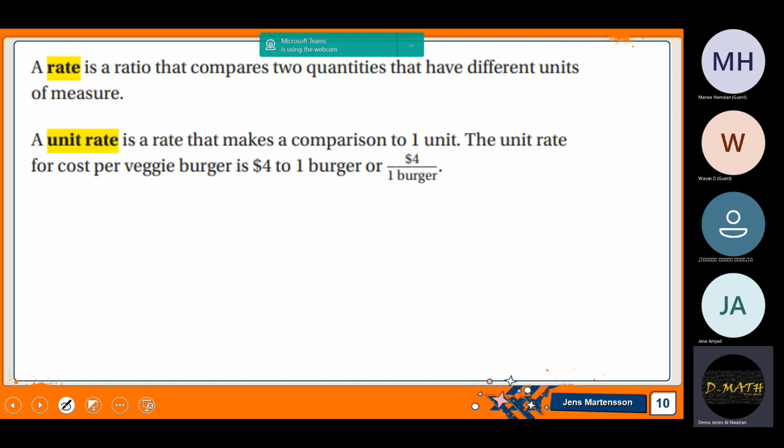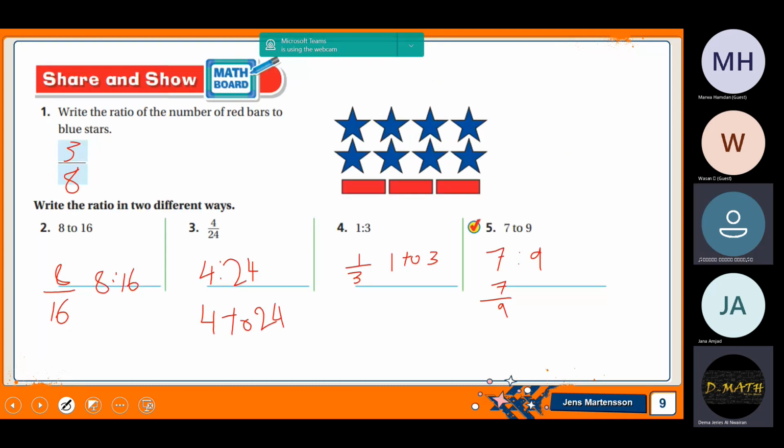Let's go now to the unit rate. Teacher, I didn't finish. It's okay, it's okay. Now, before starting talking about the rates and the unit rate,